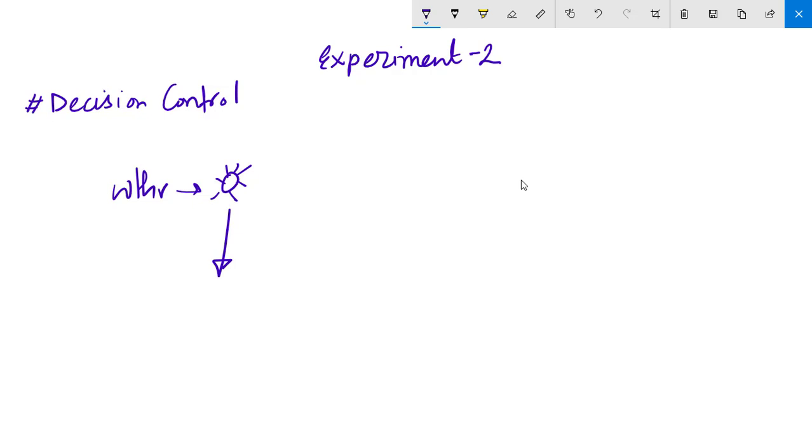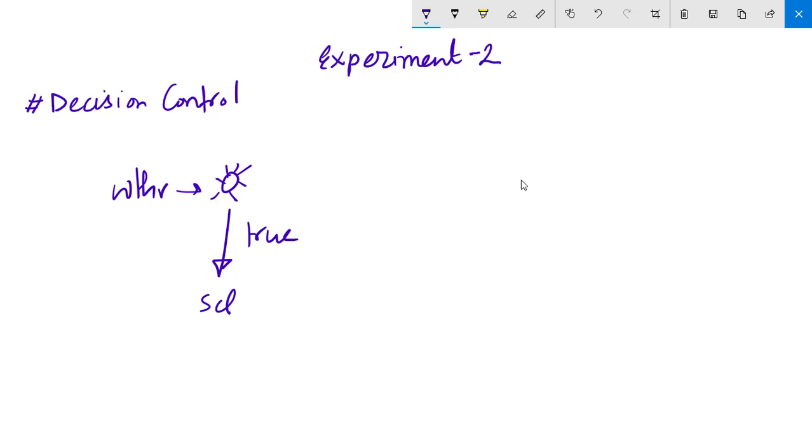If this condition is true, only then I will go to school. If not, then we may do something else, we may play Call of Duty or something else. So this is what we call decision control. If some condition is true, perform this. If that condition is not true, maybe perform that.